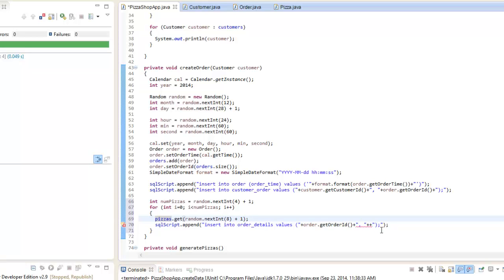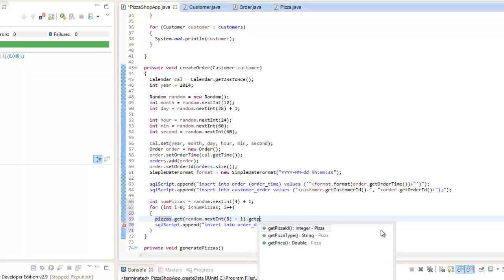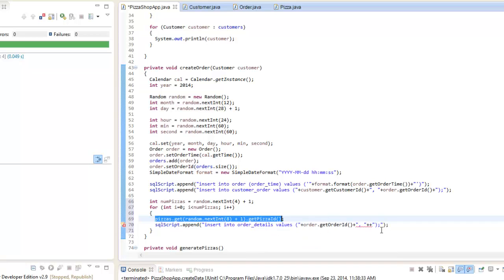So this will get a pizza, right? Do you see how I did that? So pizzas.get, so on and so forth. This will get one of the random pizzas from our list of pizzas. Okay, so that's what this is going to return, and then I'm able to say .getPizzaID because that's what it's returning, a pizza here. So it's valid to say .getPizzaID. So we'll just cut that and paste that right here, which is where we want it without the semicolon in